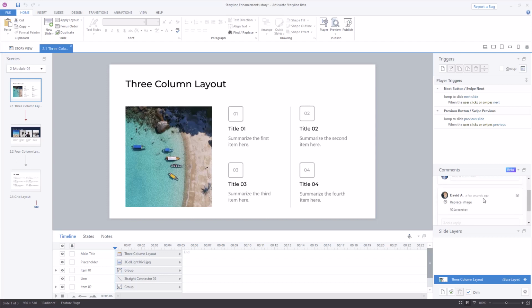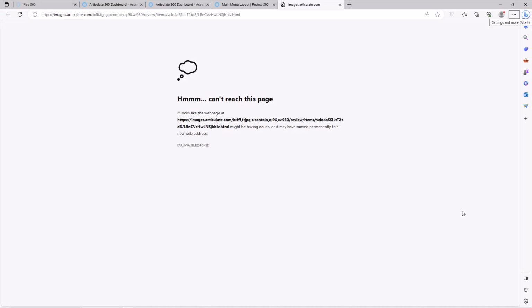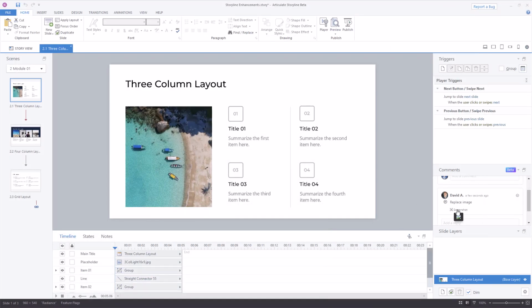And so I can see that I got that feedback really quick. I can click here to see the screenshot. Oh, it didn't show it? Is it because I'm in... It might be because I'm in the beta app. So let me come back out of here. But the screenshot should be here. Maybe it hasn't loaded yet, but that can show me where that picture is. And if I wanted to add that text right here to the lesson.